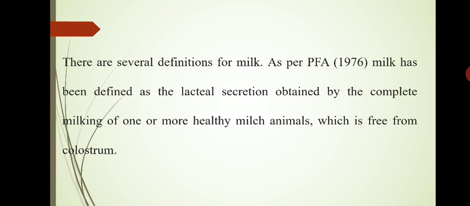Colostrum is the first milk produced by mammals after giving birth to a child. This colostrum is a very rich source of antibodies and it provides immunity to young ones or infants. So milking or breastfeeding for young ones is very necessary because, besides providing a source of immunity, it is rich with different kinds of nutrients.